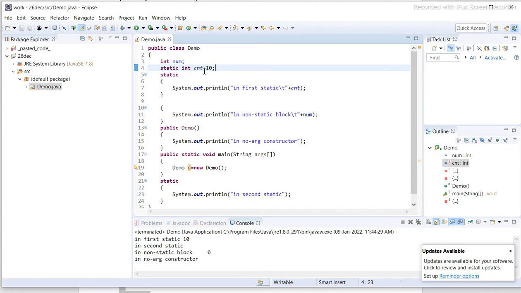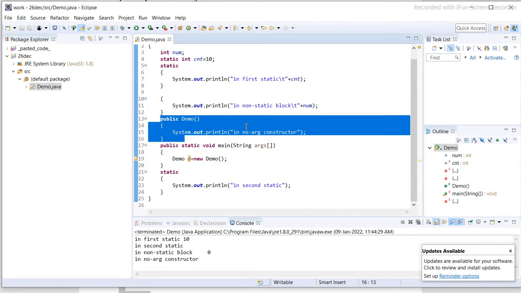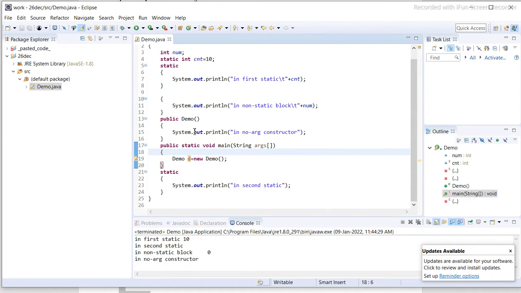Now static int count = 10. Now we have a static block here, and inside we are printing "in first static". After the static block we have a normal block, and here we are printing "in non-static block". Now we have public Demo. So Demo is our constructor. Inside Demo we are writing "in no-arg constructor",